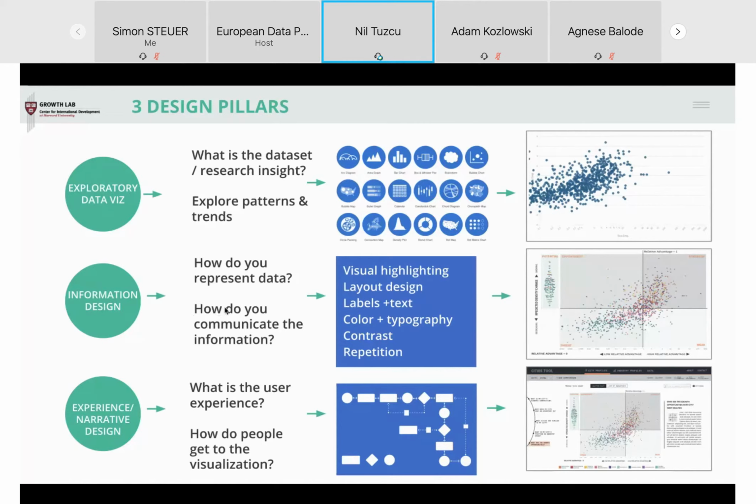And for this, we use different techniques such as visual highlighting, labels, text, different color ranges, contrast, repetition, and layout design. On the right, you can see the differences between an exploratory scatter plot and a design communicative scatter plot. And also because our visualizations are usually very data intense, we usually use visual highlighting in order to get users' attention to certain aspects